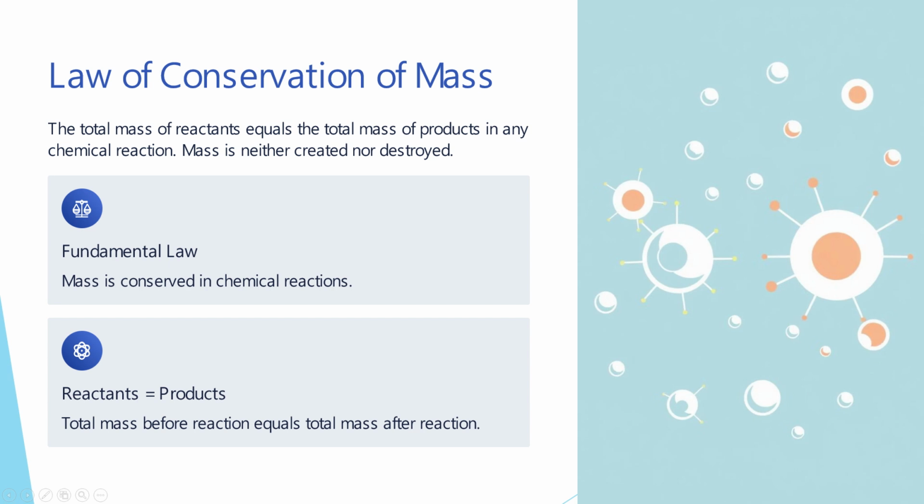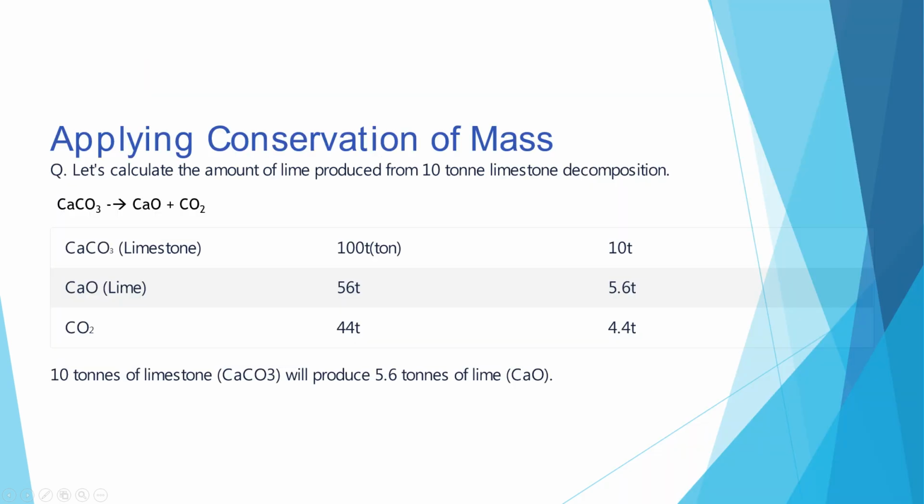Let us take an everyday example of burning wood. It looks like mass is lost, but the missing mass goes into the air as gases such as carbon dioxide and smoke. Finally, in this question, let us calculate the amount of lime produced when 10 tons of limestone are heated. The sum of the masses of the products is equal to the mass of the reactant, whether measured in